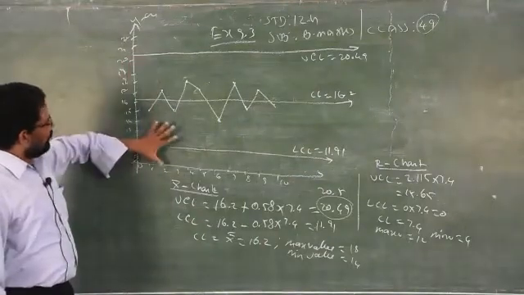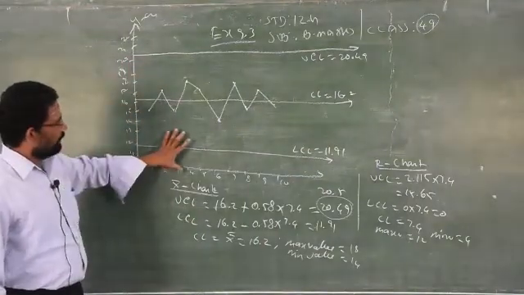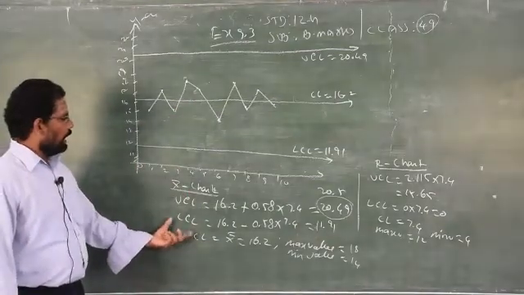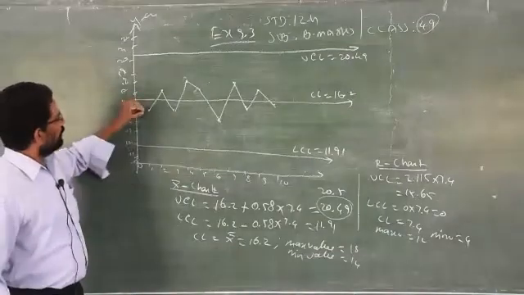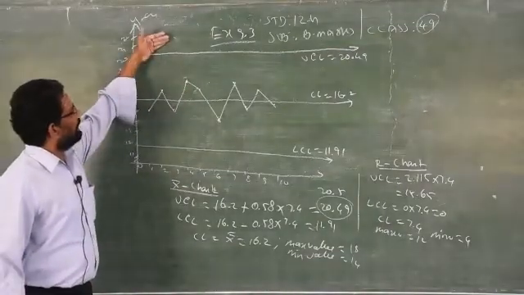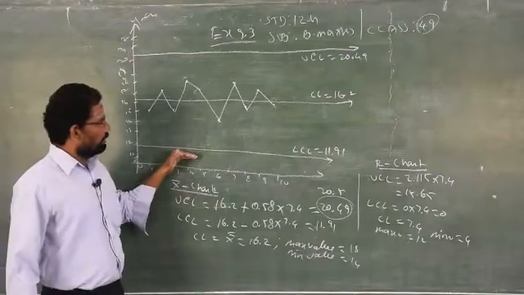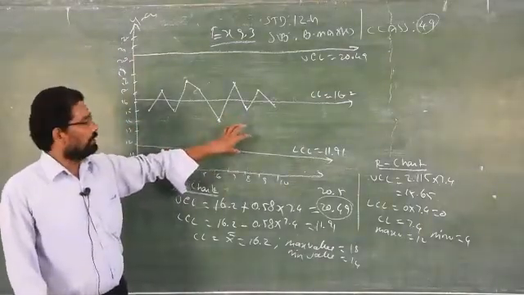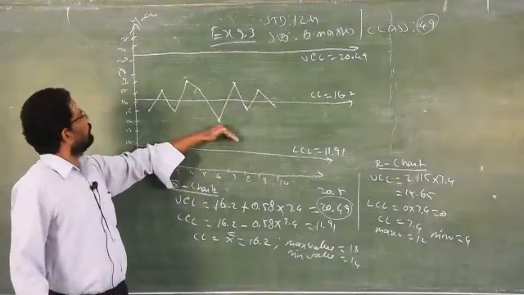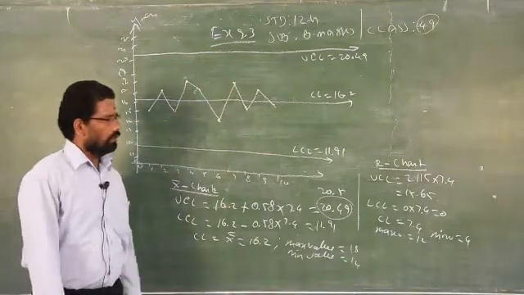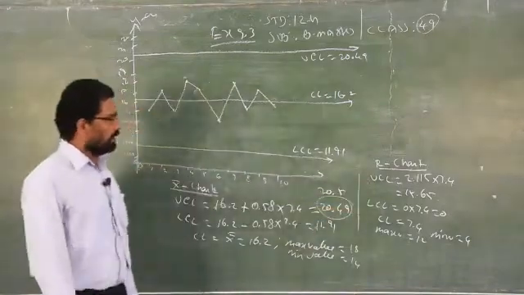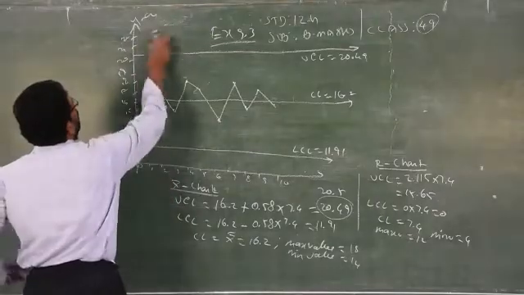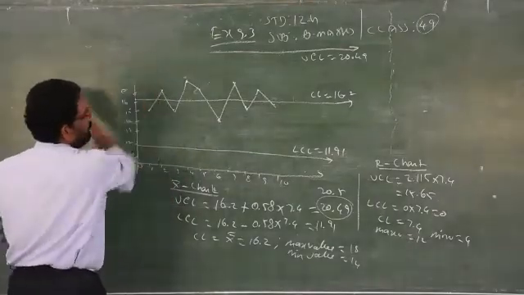I will do this with the help of the same graph for the R chart. Clear. This is for the X bar chart. In the X bar chart, after plotting the points, I find that no points lie above the upper control limit or below the lower control limit. Therefore, by seeing this, you may come to know that the process may be controlled. By seeing the R chart, you come to know that conclusion strongly, whether it is in control or not in control.